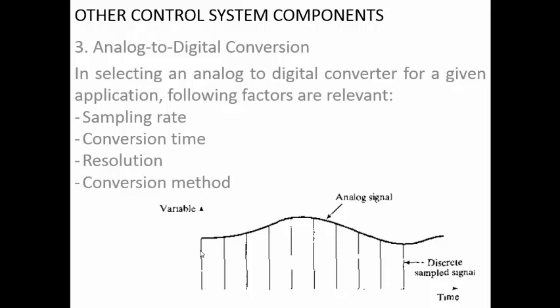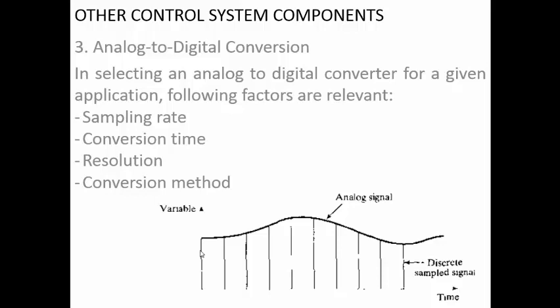If you make it at less time, then you have already done the sampling, but the analog to digital converter will not be able to take up the signal. It will be stopped at the multiplexer. Again you are taking one more, the signal has not moved from the multiplexer, so there will be some loss of signals. The next one is the resolution.